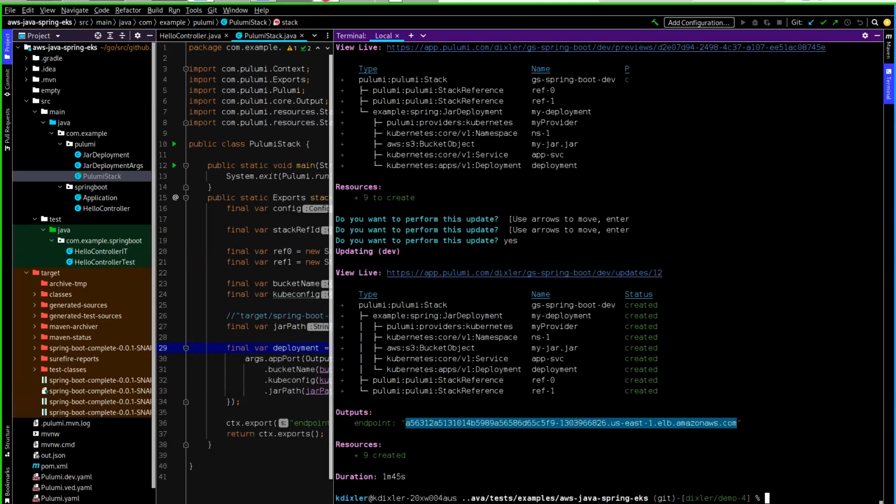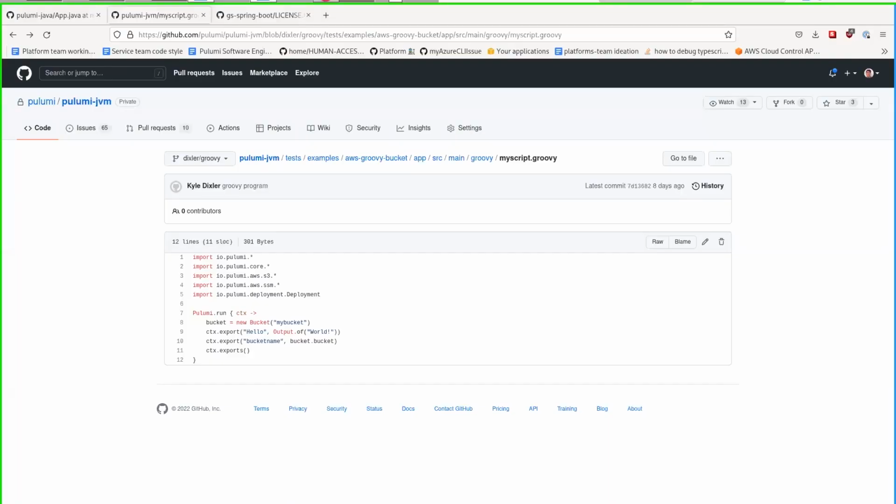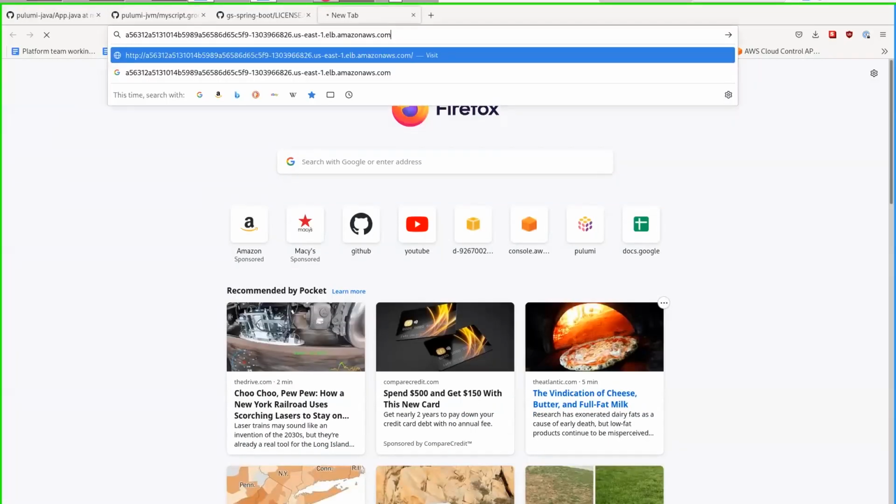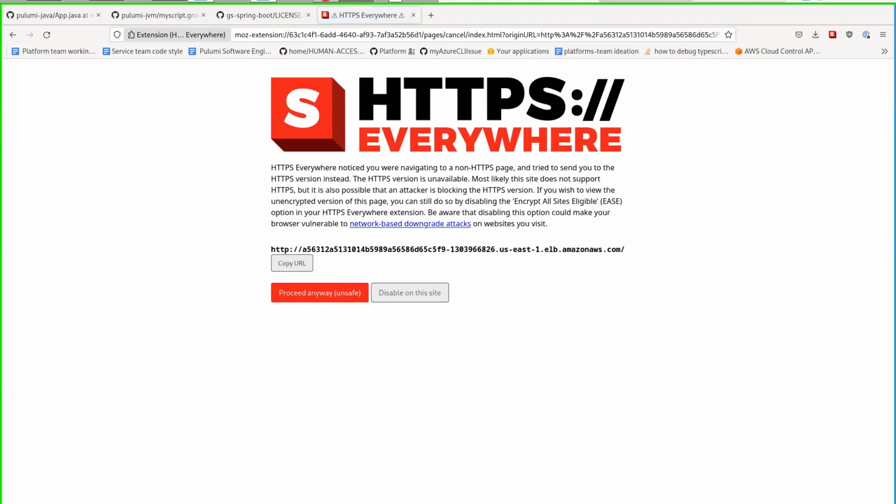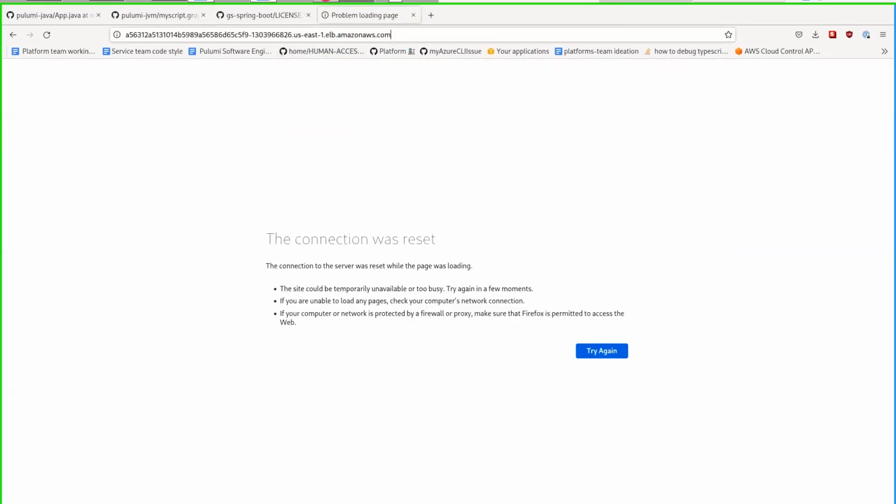So if we look here, this thing is finally finished deploying, and we're going to navigate to it. So I have to put a slash here because I use HTTPS everywhere. And if we go here, we should see that the connection was reset. And if you look here, we can see that our app was now deployed. So, since we saw an error message that was very dynamic, it definitely works. All right, and that's pretty much my demo.